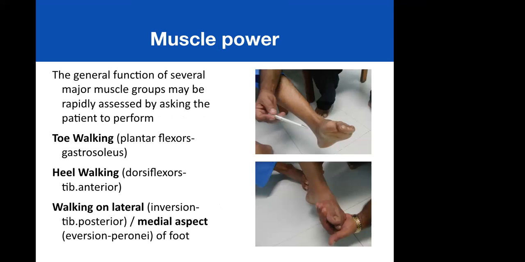Next important thing is muscle power, especially in neuromuscular diseases where you are planning for tendon transfers or things like that. The dorsiflexor is tibialis anterior, the plantar flexor is tendo Achilles. Similarly, inverters are the tib post, and the everters are the peroneals. So these are basic up, down, in and out movements that you need to examine and grade the powers of these muscles, because they are going to help you plan your tendon transfers. So after inspection, palpation, in palpation, range of movement and muscle powers are very important.